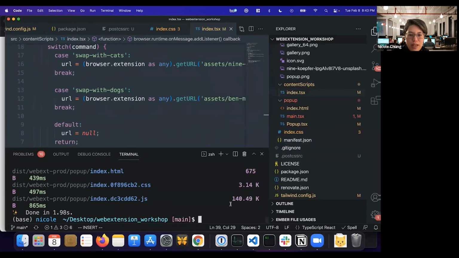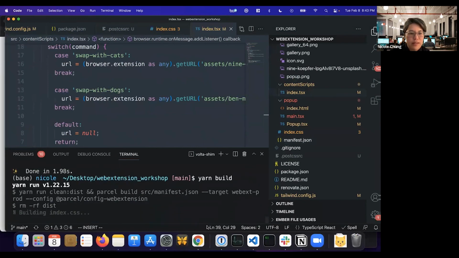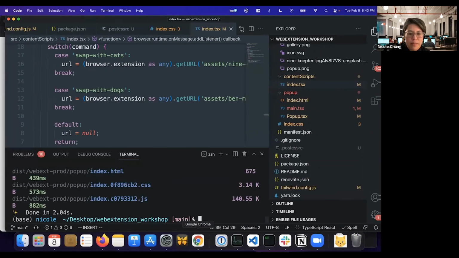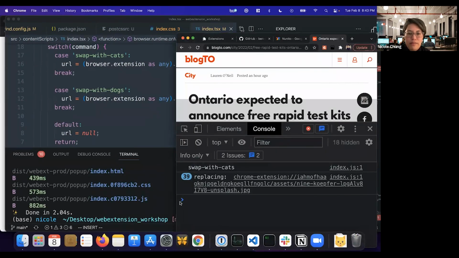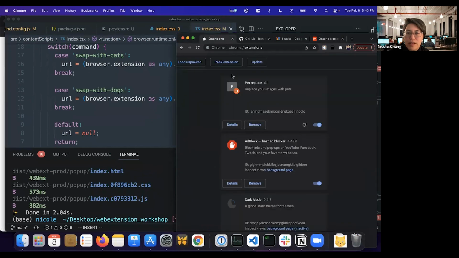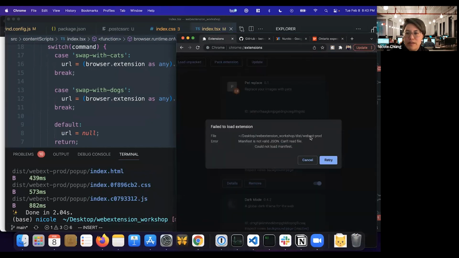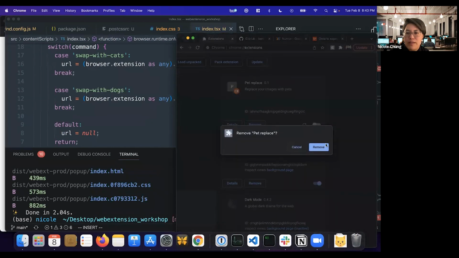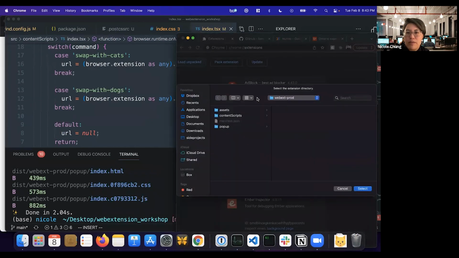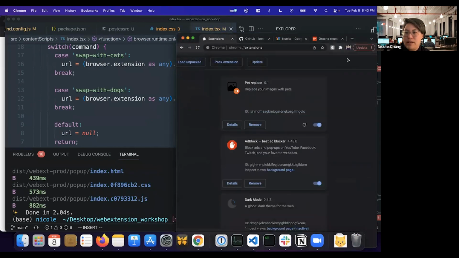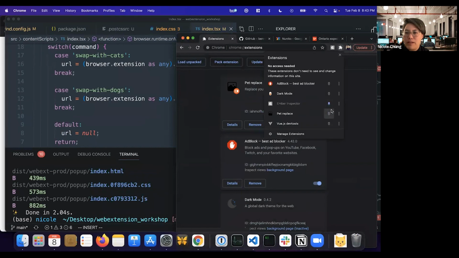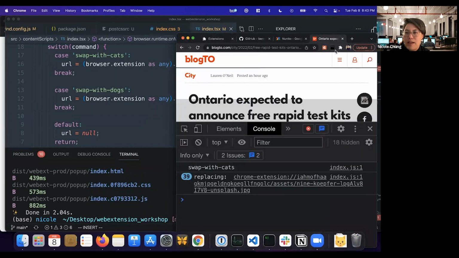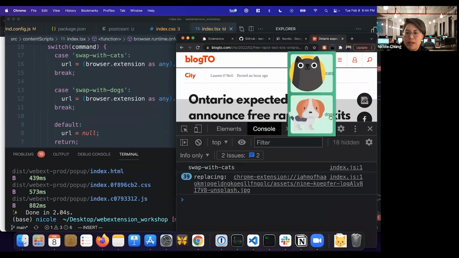Okay, so let's see. It looks like we've got to build that again. Then we've got to go to Chrome, go to our extensions. Let's see if it just, no, it's mad again. I'm just going to remove it and then re-add it. Again, not sure why that's happening, but we're going to pin it and open this up. We're going to click dogs,